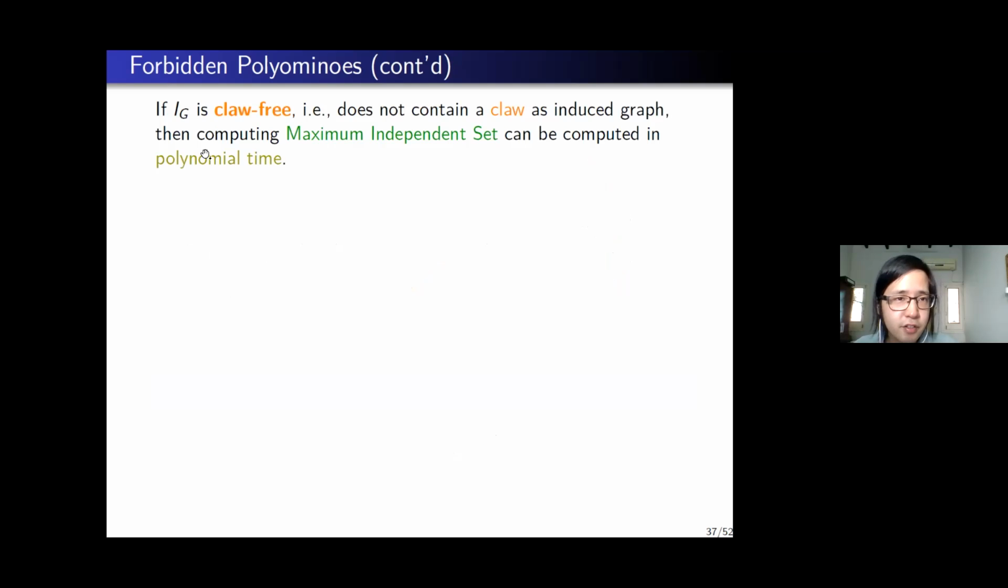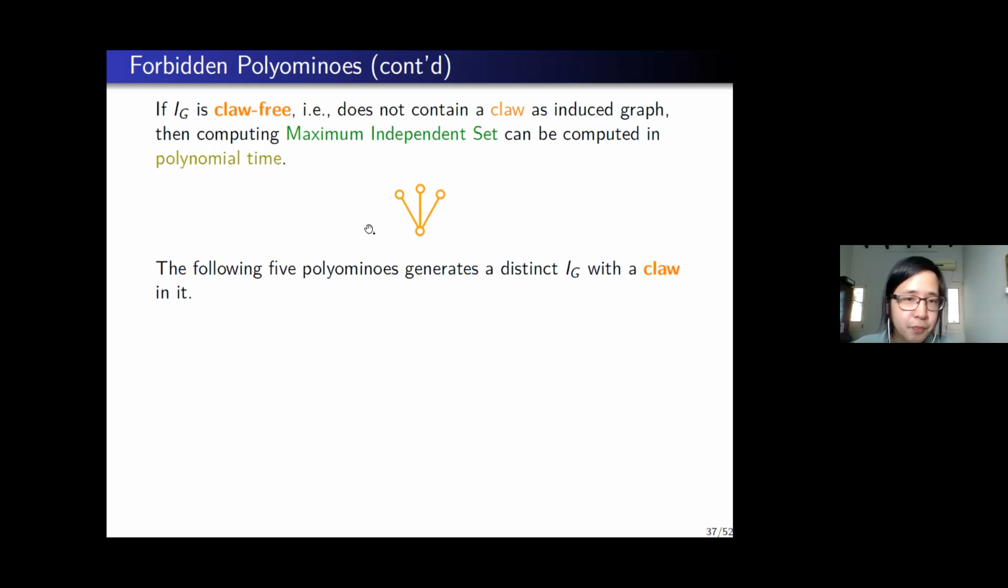If the intersection graph is a claw-free graph, then it is known that a claw-free graph can be computed the maximum independent set in polynomial time. A claw is this graph. So